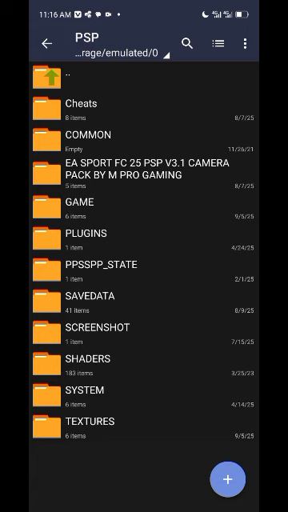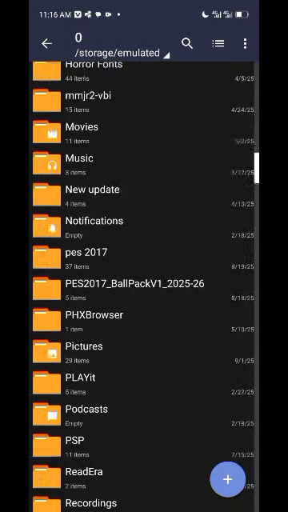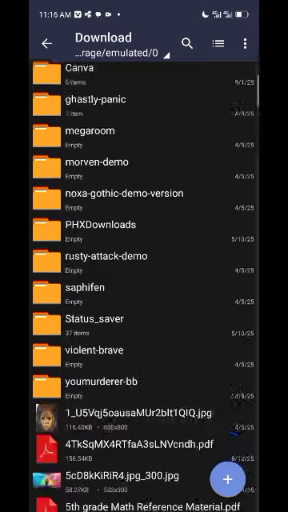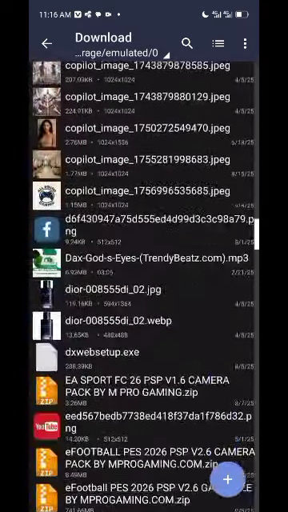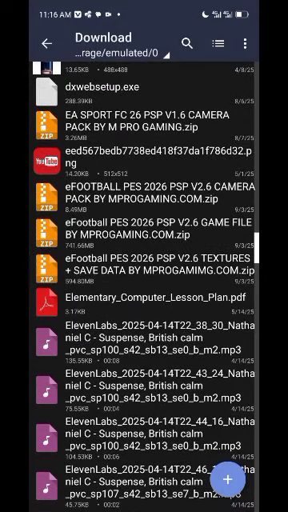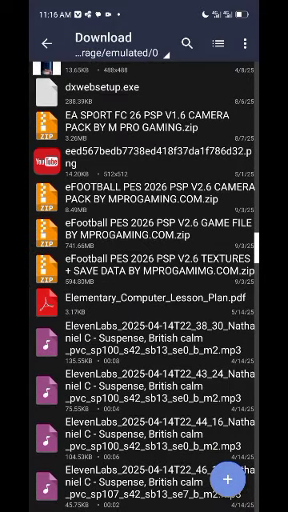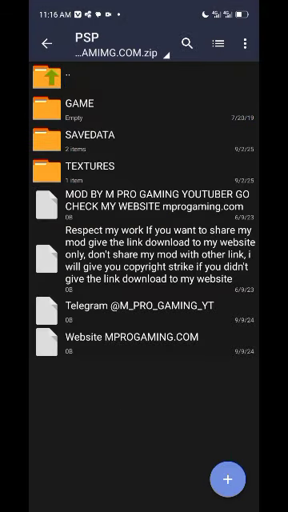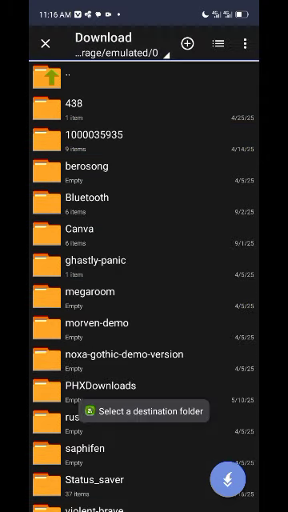So the last thing, okay, we still need to go back to download. Let's get that again because there's another file we need there, which is the save data. So we're going to open that again, and we're going to open this one, and then we're going to go to save data. We're going to click this one, move it,